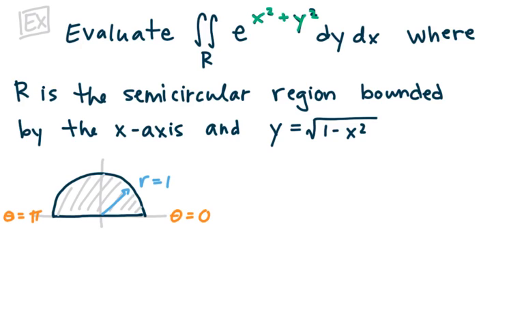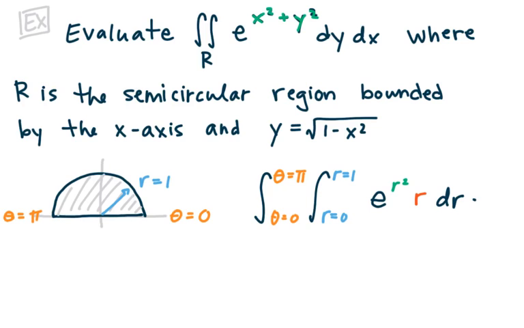So let's think about what that looks like when we set this up in terms of polar. We're going to set that first integral: theta goes from 0 to pi. My second integral, r goes from 0 to 1. And my function, which I'm integrating, e, is going to become e to the r squared power, since x squared plus y squared equals r squared. Now we want to make sure that we include our additional integrating factor r, and then we integrate dr